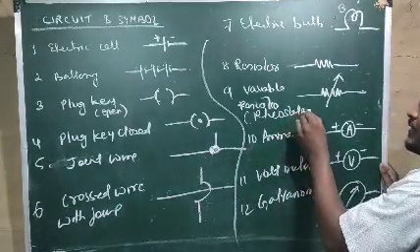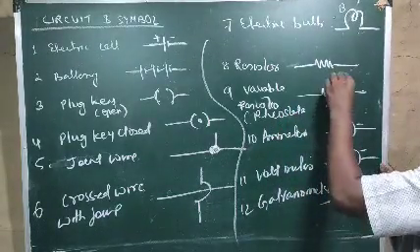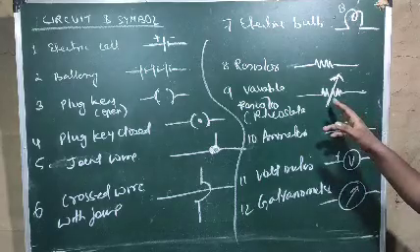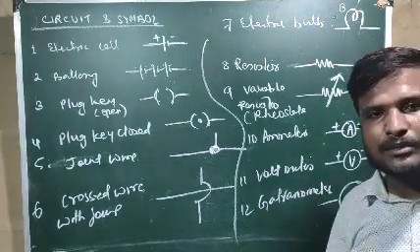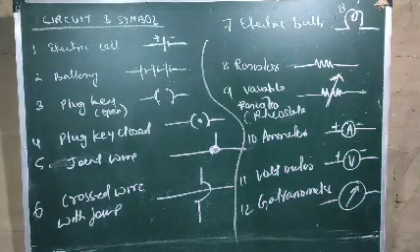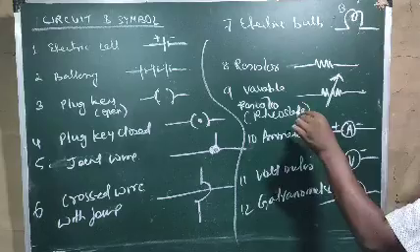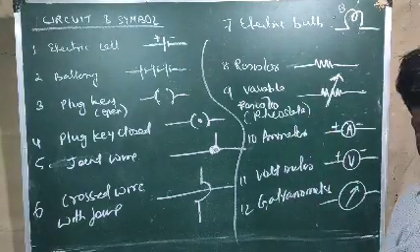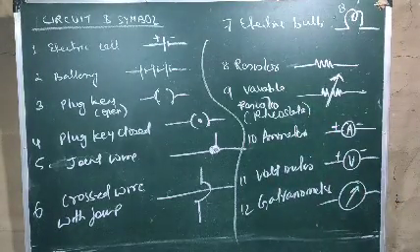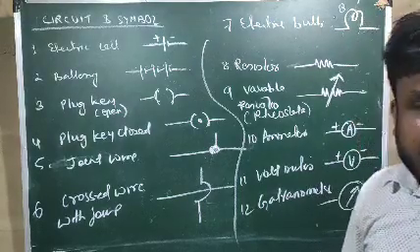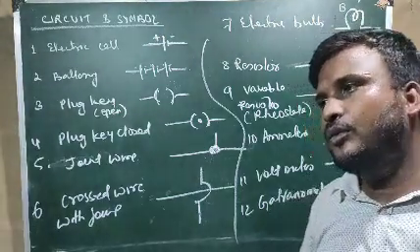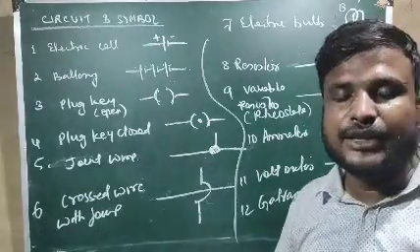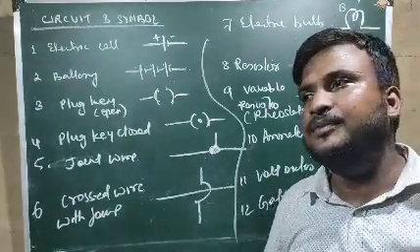This is the pictorial diagram of rheostat. You just draw a resistance and put one arrow mark. So this will indicate the variable resistor or rheostat. What does it do? It changes the value of resistance. Okay. Next one is ammeter. What is ammeter? Ammeter is a device which is used to measure the amount of current, the magnitude of the current which is flowing through the circuit.